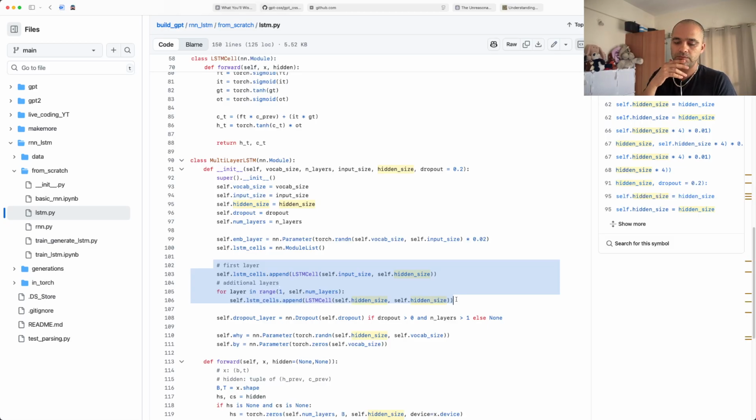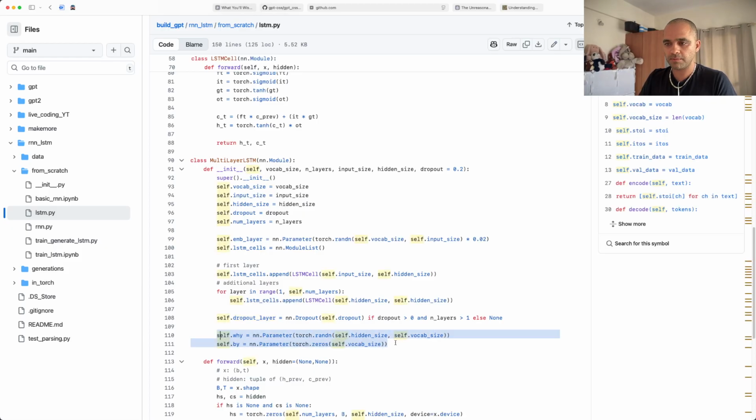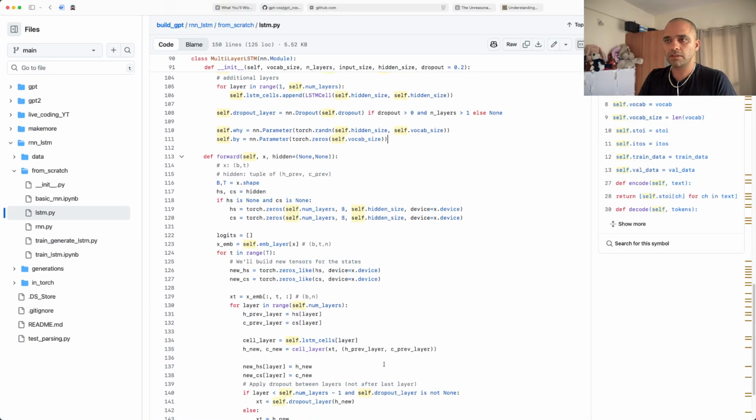If there are 3 layers, there would be 3 elements in this module list. Dropout is basically added to each of the layers if n of layers is greater than 1 and if dropout is greater than 0. These are the same parameters we initialize for creating the logits out of the hidden state. In the forward method,